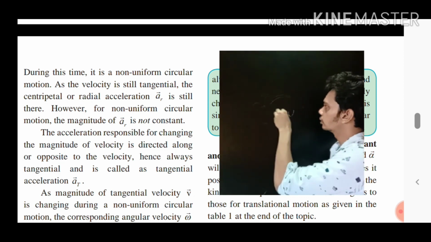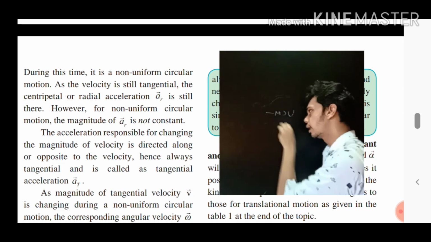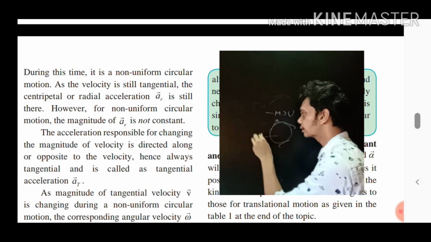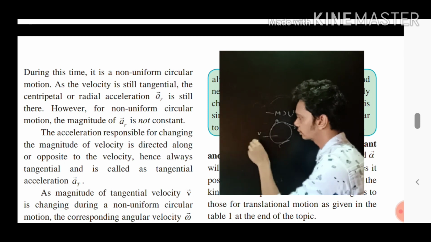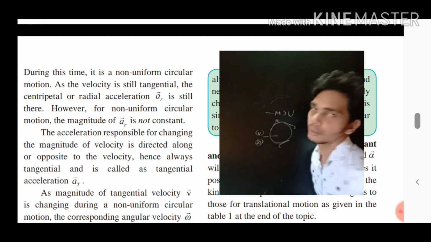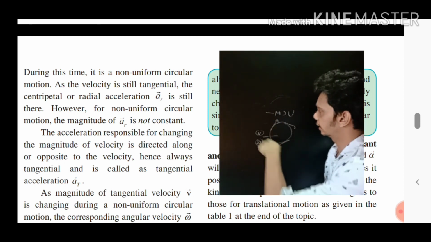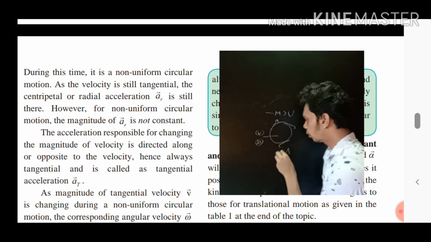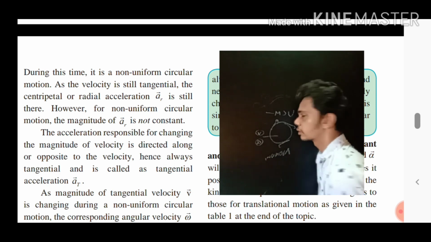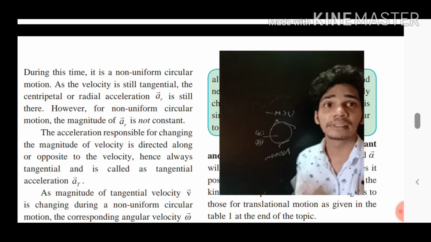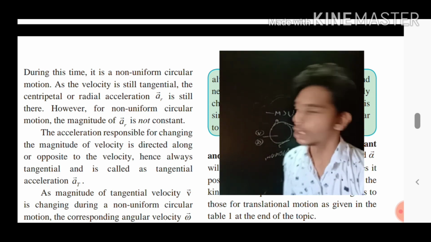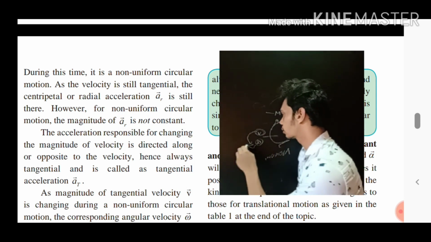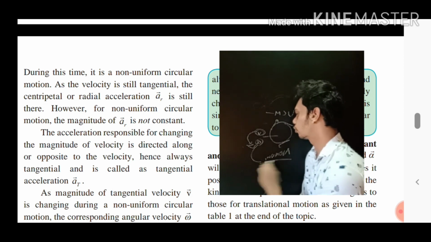So in case of what we have studied, see, in case of UCM having a constant speed, the velocity is going to change like this only. But in this case the velocity and the acceleration are going to be the same. Why? Because they are changing the directions but not in a manner. But when you talk about non-uniform circular motion, what is going to happen? The speed is not constant. So because speed is not constant, what is going to change? Acceleration is going to change. So this is not constant in case of non-uniform circular motion.